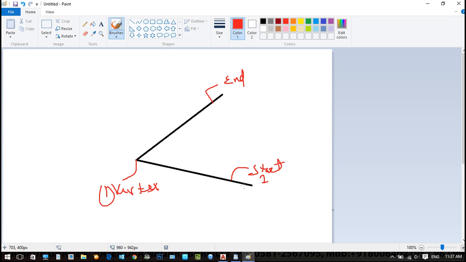So this we took as the starting point. Why we choose this point as a starting? Because it will work in anti-clockwise. So we select the starting point is this and ending point is this. The ending point we can take anywhere on the line. We can select anywhere on this line and same here too.